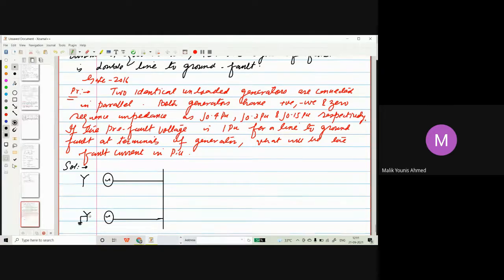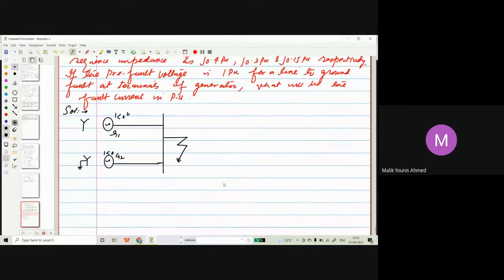ये कनेक्शंस हैं. ये कह रहा है ये 180 angle of 0 है. जनरेटर G1, जनरेटर G2 भी है, 180 angle of 0. ठीक है. और खुद ही कह रहा है if the prefault is 1, तो प्रीफॉल्ट 1 है. वही हमें लेने हैं for a line to ground fault at the terminals of generator. जनरेटर के टर्मिनल्स यहाँ होते हैं, इस साइड. यहाँ टर्मिनल्स पे दिखाया है इसने खुद ही कि फॉल्ट ऐसे आया है, कि यहाँ पे फॉल्ट आया है at the terminals of the generator.